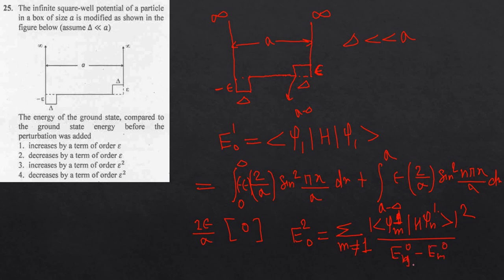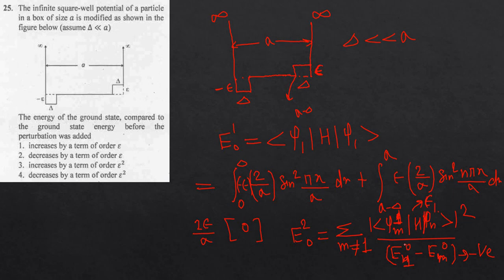So E n 0 here is E 1. Okay, so you know that as the order increases, the energy also increases. So this E1 energy is less than the E m energy. So from here you will get a negative sign. And H here is epsilon. The perturbation here is epsilon. You perturbed by minus epsilon and plus epsilon. So we are doing mod square. So after calculation it will become epsilon square.